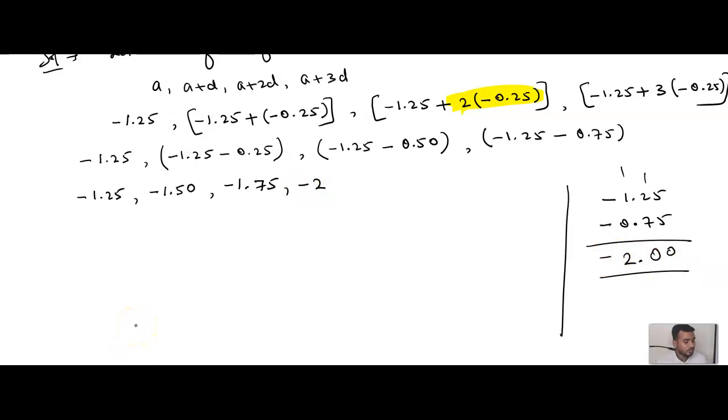So, which are the first four terms? Minus 1.25, minus 1.50, minus 1.75 and then minus 2. I hope you have understood this problem, problem number 2. Any doubts? Is this clear? Did you understand how to find the first four terms? Very good. How two terms we get? Same way you have to get the third term, fourth term. See here. Next term is only 0.25 you have to increase. Minus 1.25. 0.25 if you increase, after 25, 50.